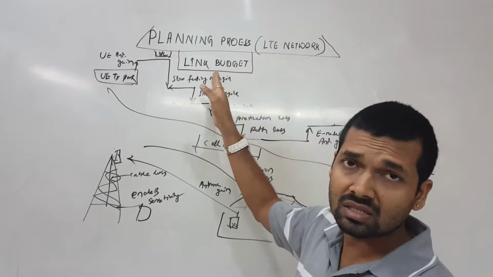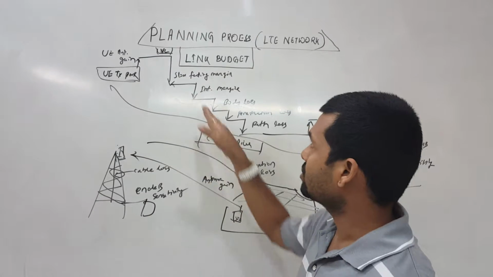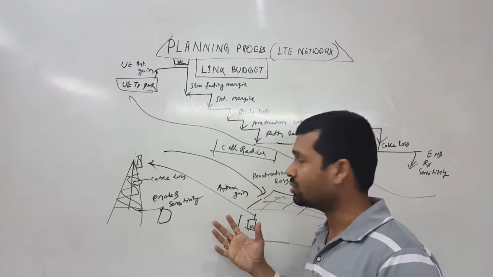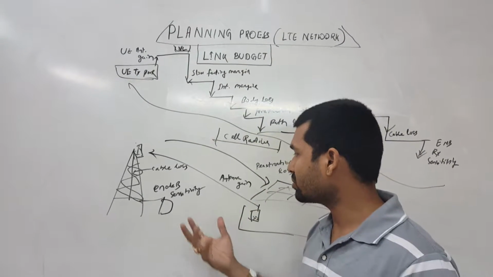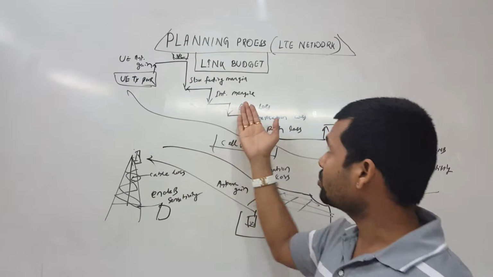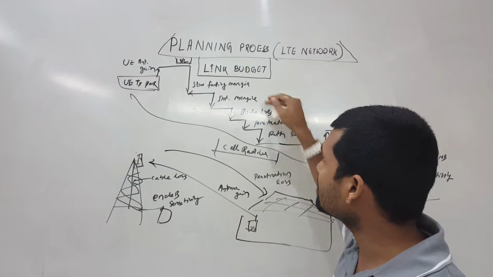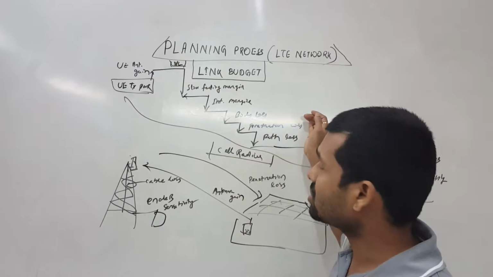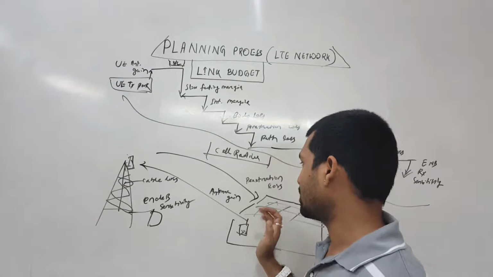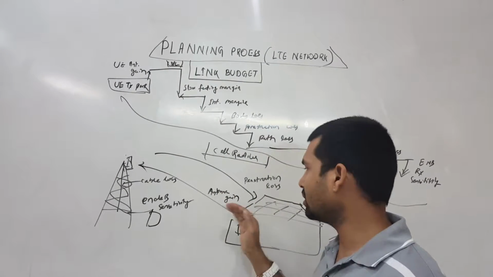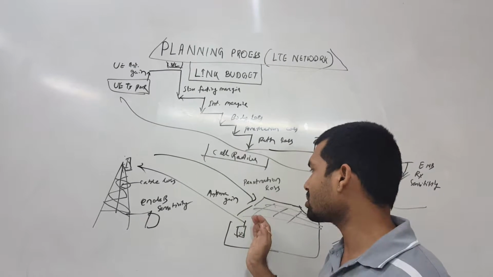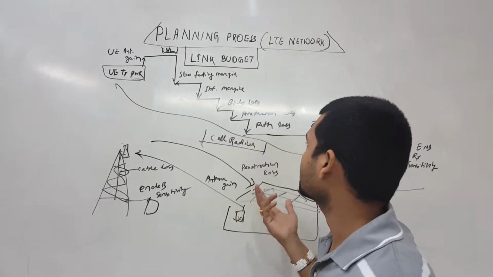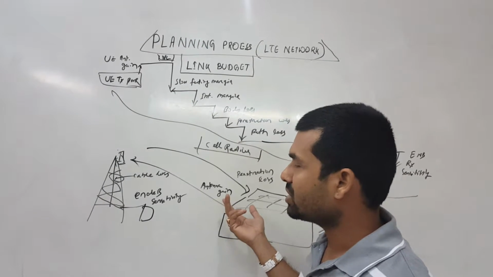So for slow fading, we are having a margin, so we add that. Then we are having an interference margin, because there are so many other UEs which may be transmitting in parallel or throughout the cell to the node B. So we are having interference, so we add an interference margin. Then we have body loss. Then we are having penetration loss. If it's a building, then moving in and out of the building, we lose signal. That is called the penetration loss. Building penetration loss may be considered 10, 15, or sometimes 20 dB.